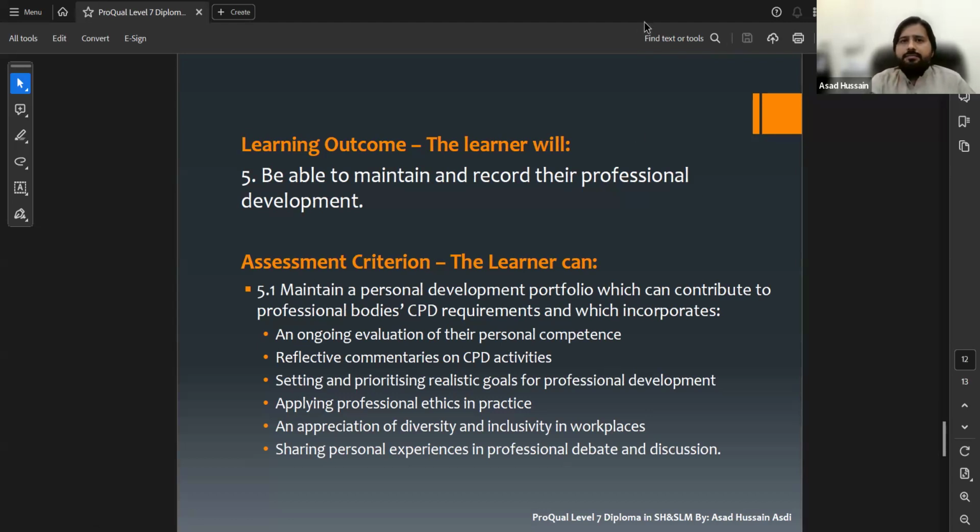Okay, this is enough for today, and we have completed Unit 4. And definitely in the next lecture we will discuss Unit 5 for this ProQual Level 7 Diploma in Strategic Health and Safety Leadership and Management.